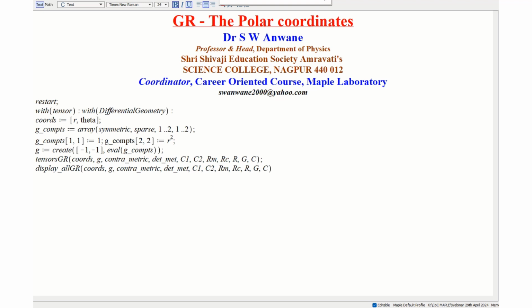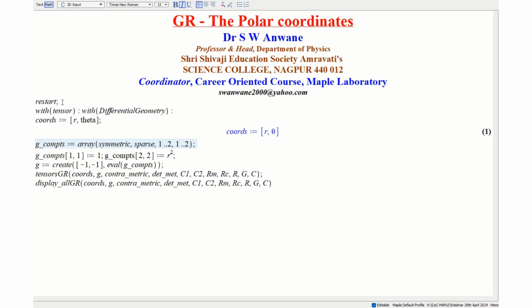Here we are in the Maple worksheet that I have already developed. I have keyed in the instructions that I am now only going to run, and here we are going to talk about the polar coordinates. Restart is a command to begin our programming. All accumulators are cleared with tensors and with differential geometry. Actually here I am not using differential geometry, but this file is also enabled,